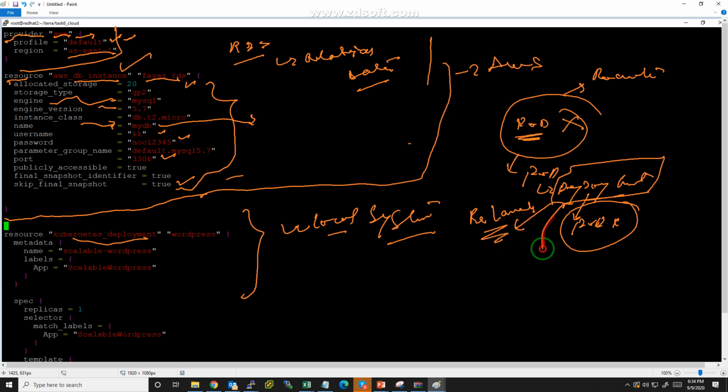It monitors whether this pod is running or not. Once it goes down, it will relaunch.